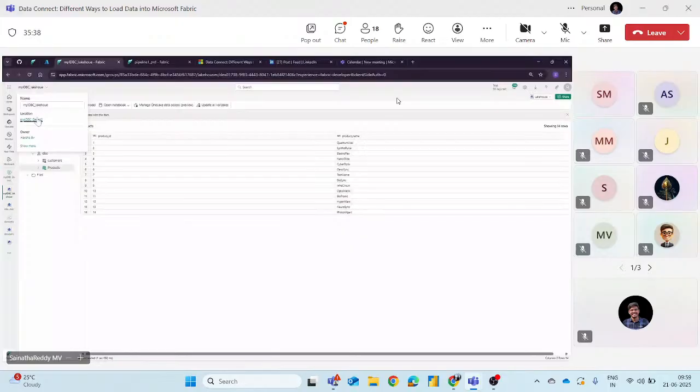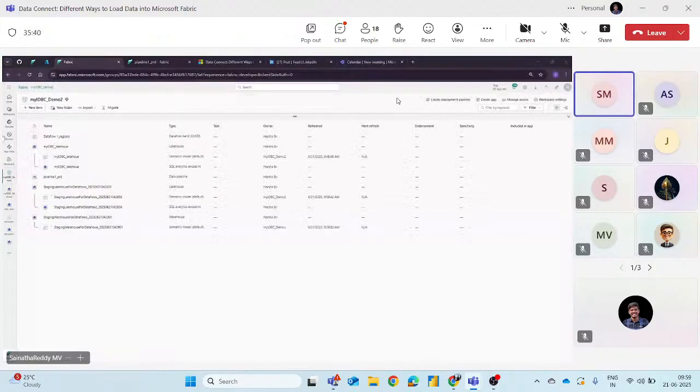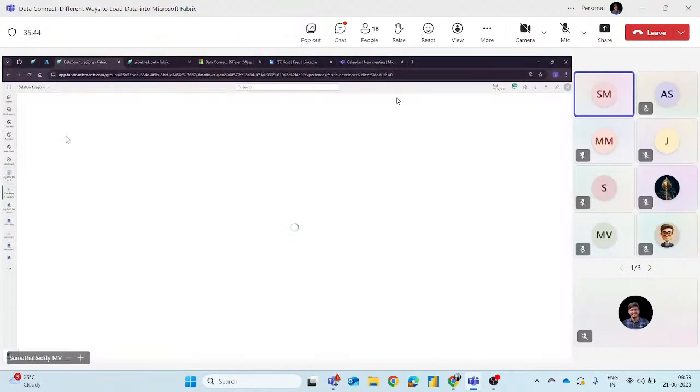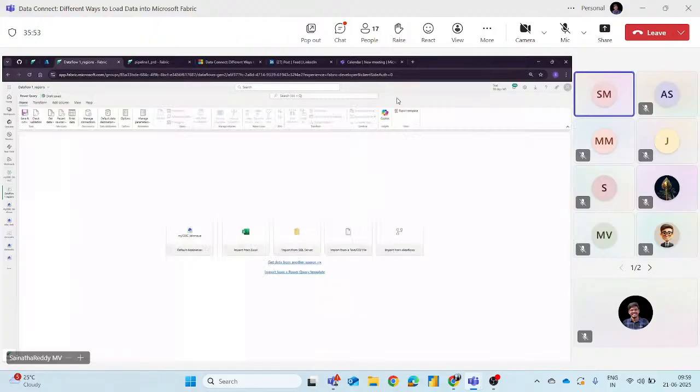Oh, how many are created? It's the product one. Now we'll see. This is a Fabric trial version, I just bought a basic version, so very limited resources.